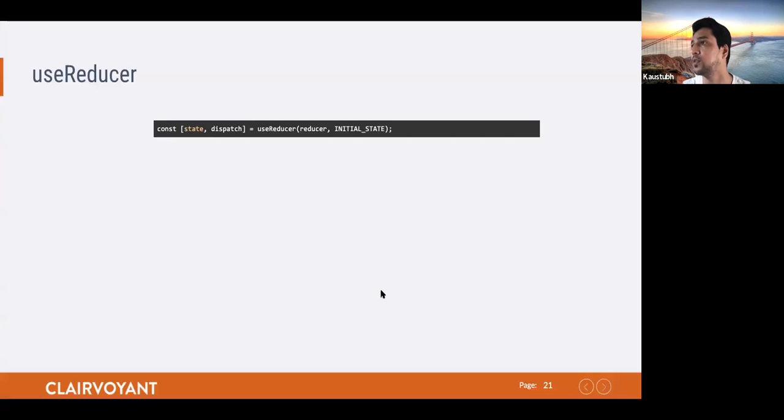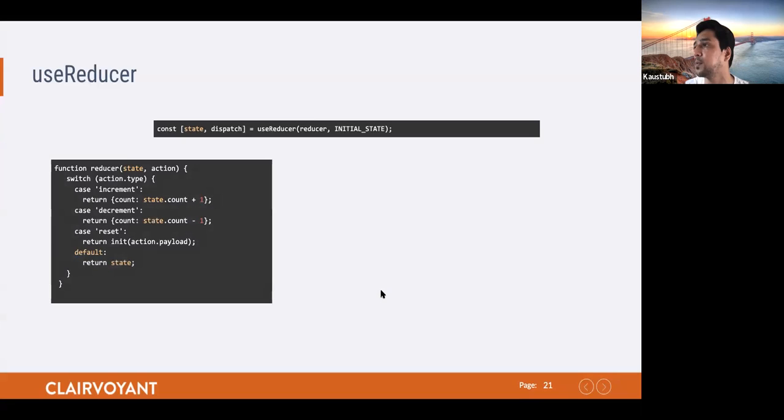So let's go to the syntax. useReducer accepts two compulsory parameters. One is the reducer function, and the second is the initial state that we want to initialize our reducer with. The first parameter is a function which gets state and an action, the same as in Redux. It is just switching between the actions, doing the state manipulation and returning it.